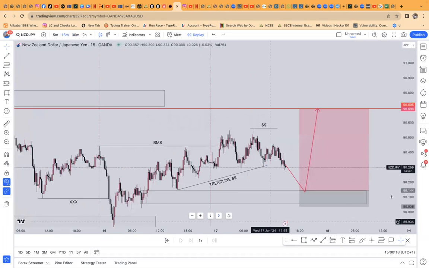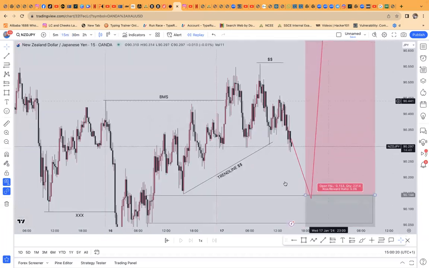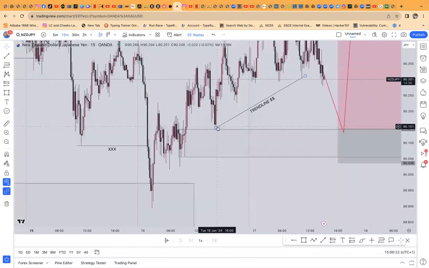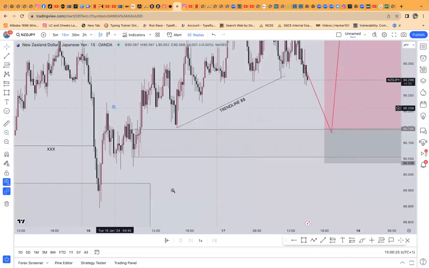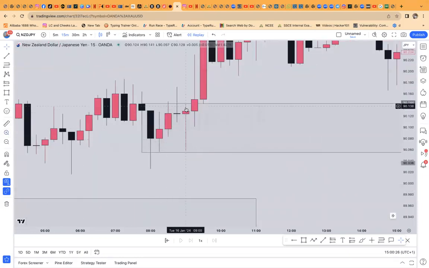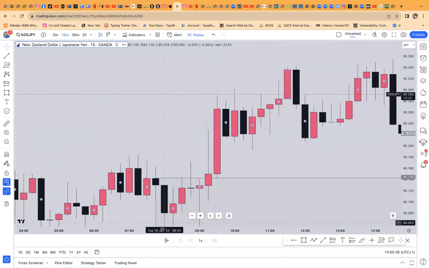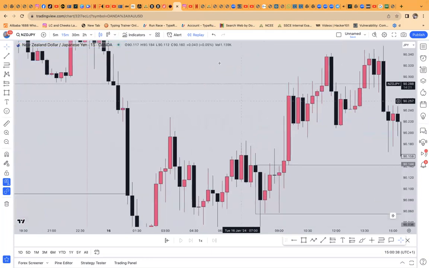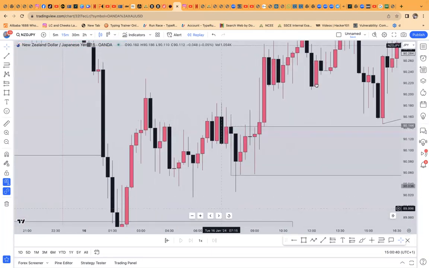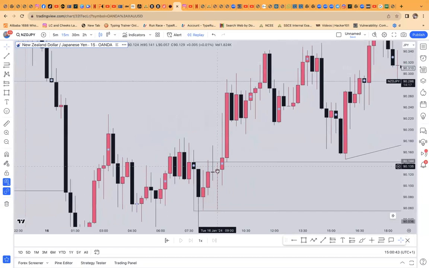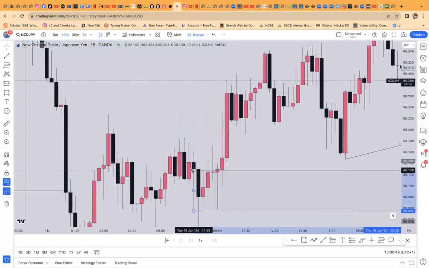Now I went to a 15 minutes time frame. Then I found this nice entry, this nice OB here. So let me open it wider for us to see this one here. I found this hammer candle. So now I decided to use this guy as my confluence. And also the reason why I am using this is because this is the only OB, the only order block. Apart from this guy, I can actually refine my order block to this point.